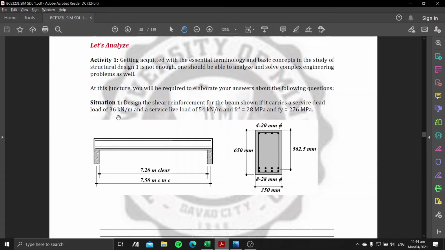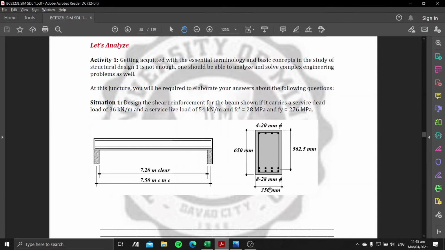Our situational problem states to design the shear reinforcement for the beam shown if it carries a service dead load of 36 kN per meter and a service live load of 54 kN per meter, with an f'c of 28 MPa and an fy of 276 MPa. Here it shows the clear span for our beam of 7.2 meters and 7.50 meters for the center-to-center length. And here is our cross-sectional